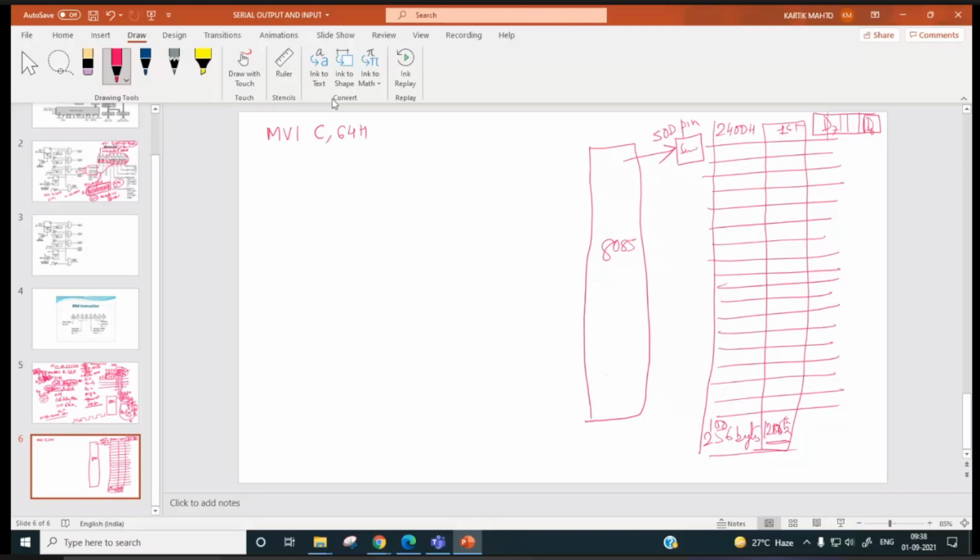Now suppose we have 256 bytes. Then for 255, what will be the corresponding hex value?